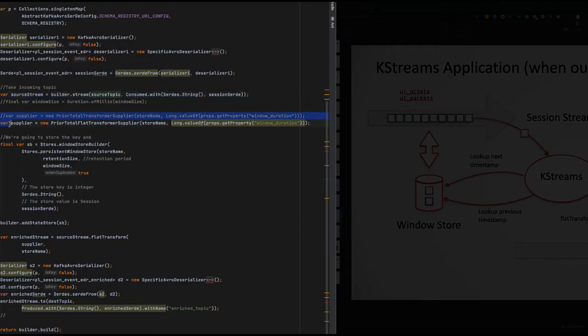Then here, the supplier is our flat transform supplier that does the work of creating two records, and it does the work of looking up. But that's where this is wrapped in the stream. We build a store for it, and we're going to give the transform supplier this store. So in other words, we tell it, I want you to store it in here, and you use it. You do the lookups and everything, but here's the store for you to use. We add that to the builder, and then finally we execute the flat transform,